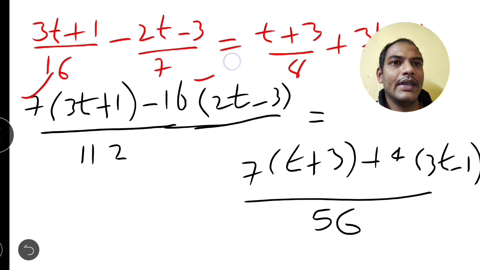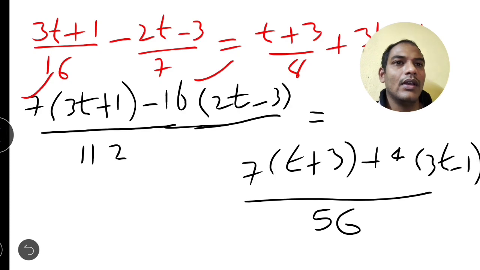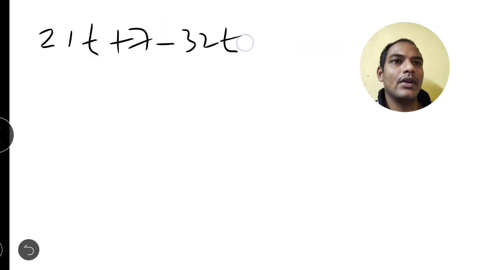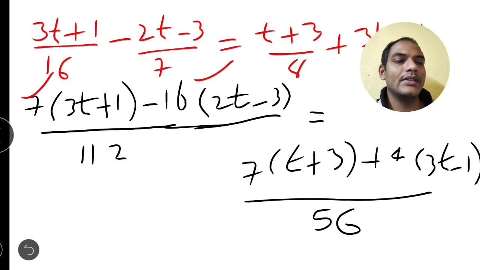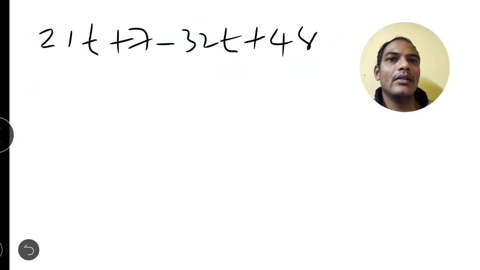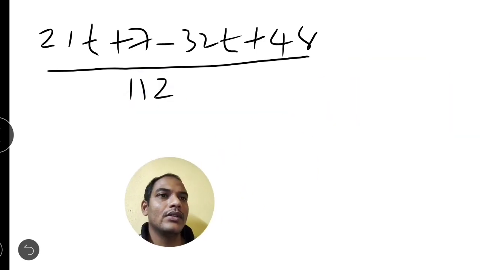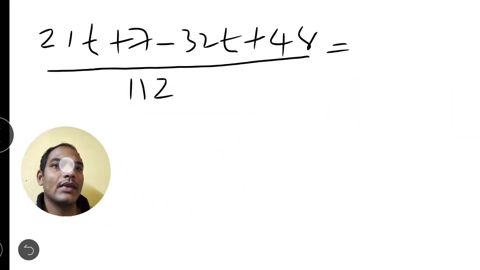Next simplify the second term: 16 into 2t minus 3, minus 16 into 2t is minus 32t, minus 16 into minus 3 is plus 48, because it is minus into minus. All divided by 112. So it is equal to,